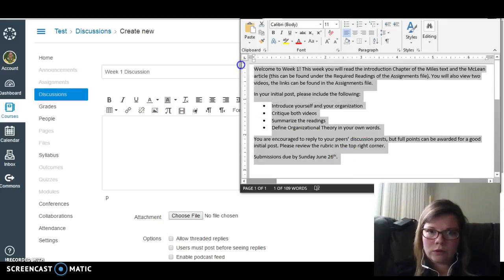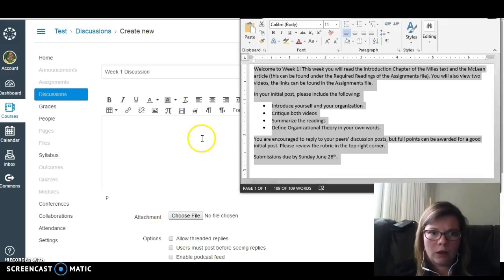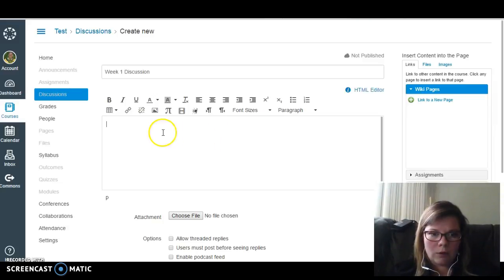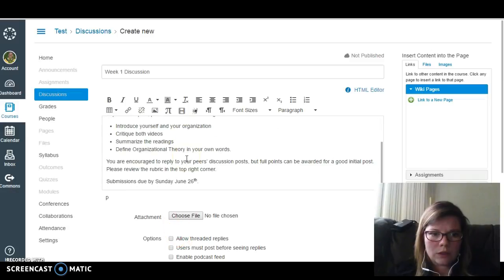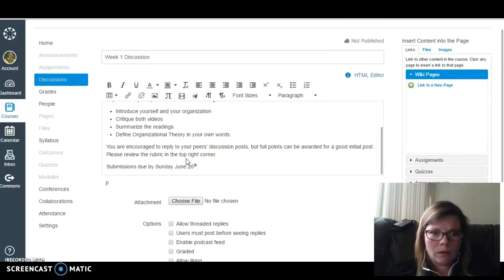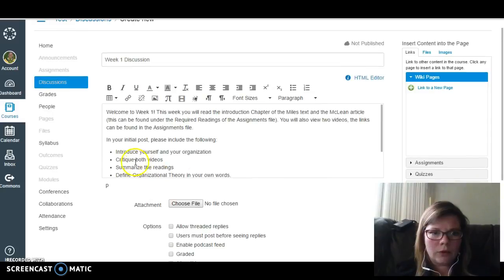So I'm just going to select all and then Control C for copy, go back to Canvas. I'm in here now and Control V for paste. Now it's all in there. Typically you want, let's see, so here the videos, if you double click on this, you can add the link to the videos,